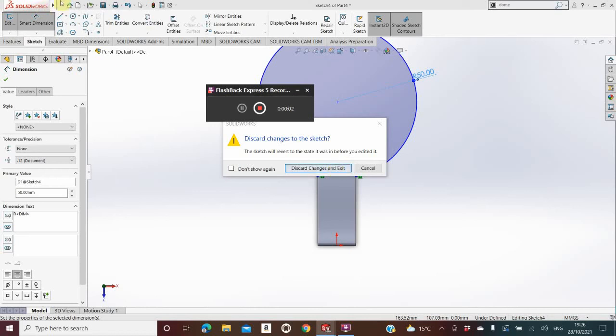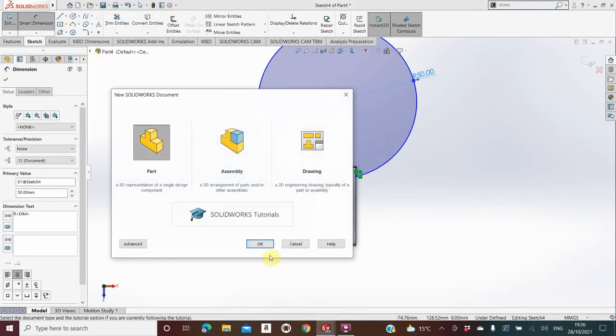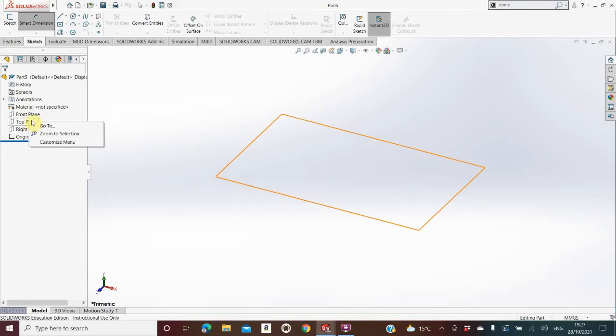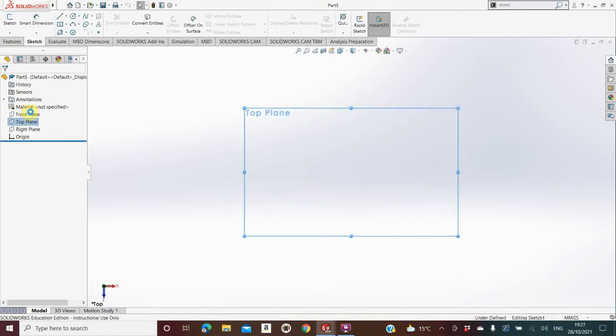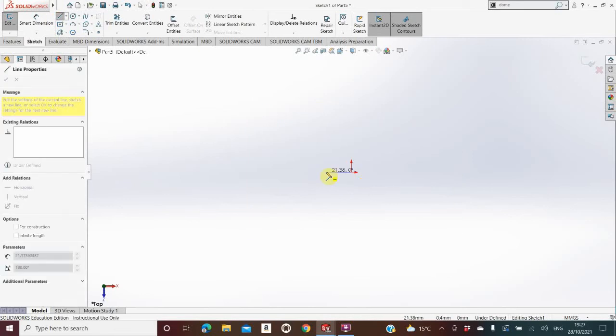Okay, so this is for the travel mode 3, and we're making the final part of the object. So go to File, New, Part, OK. Go to the top plane, right-click top plane, click Sketch, go to Line, start at the origin, go to the right,